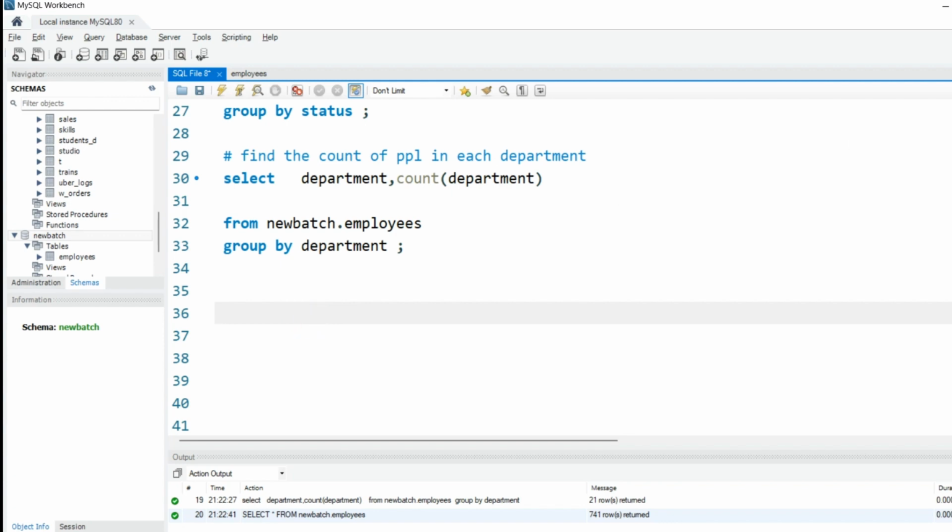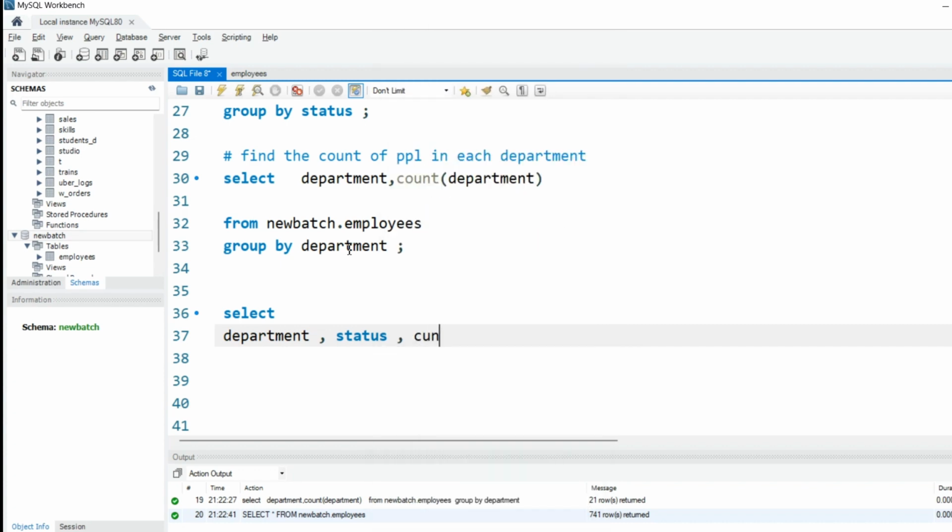Now let's understand one more example, a little bit more complex. For example, the manager came to you and said, I want the total count of each department and each category, like in each department how many employees there are by their category. So for that, you will go to your database and write the query: you write select, then you give the department, and then you want the status, right? We are using status, and as I mentioned already, we are using count star,